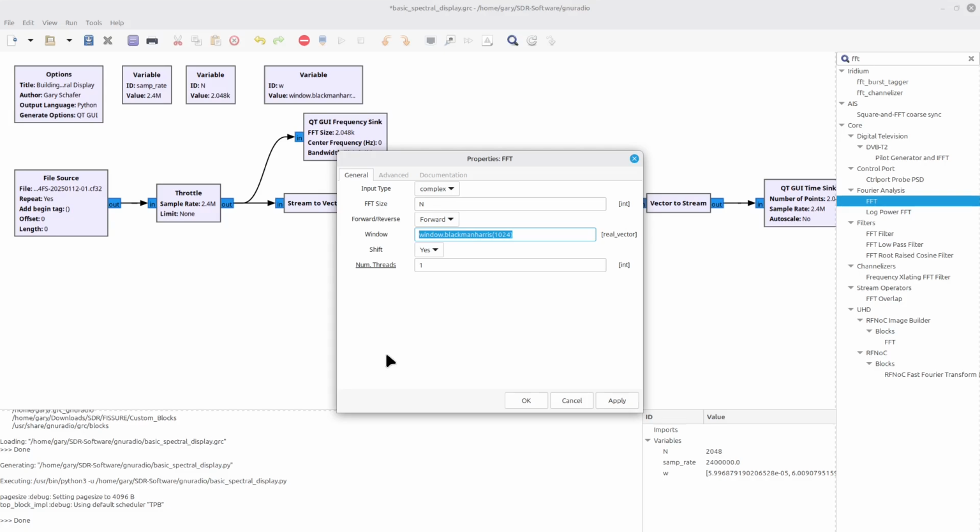The other thing that we're going to do is we've already windowed the data. We don't need this window part here. Instead, we're going to use this to normalize the amplitudes of the output of the FFT.